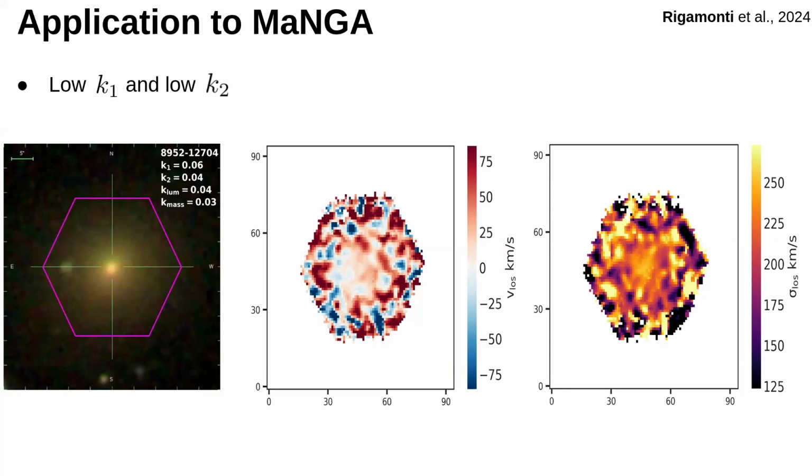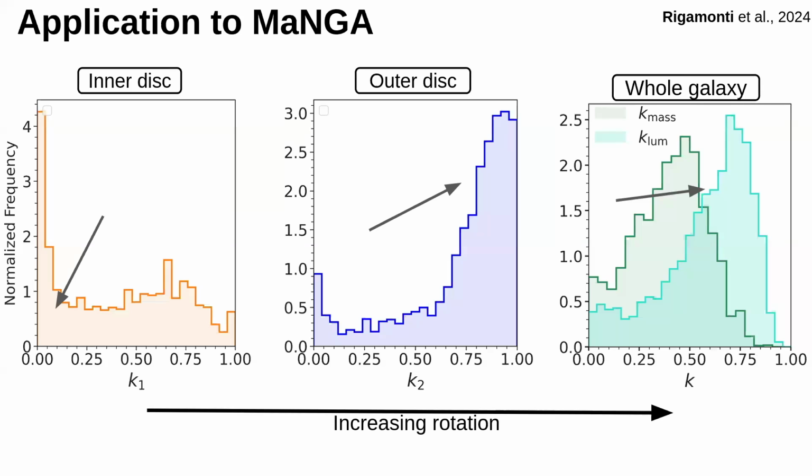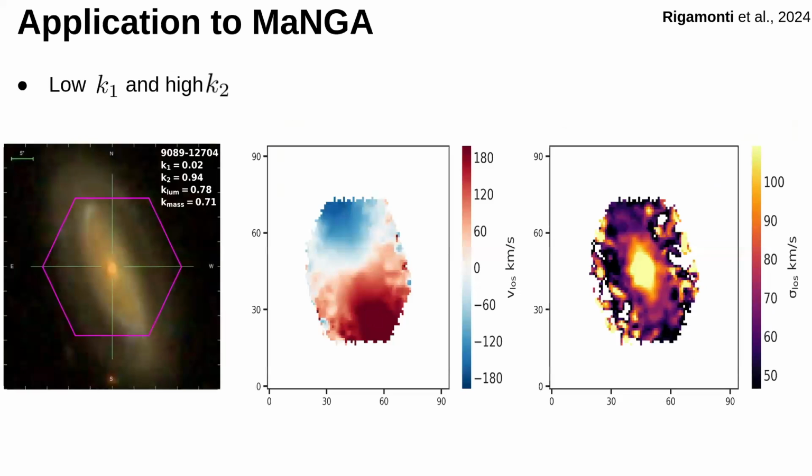And this is not the problem, since as I know K1 and K2 and I have them, I can always recognize when this is happening. Now, the second example is a galaxy for which the inner disk is dispersion supported and the outer disk is rotationally supported. The galaxy overall shows a clear rotational pattern, although with non-negligible dispersion in the very center.